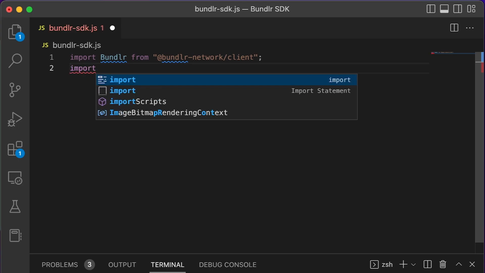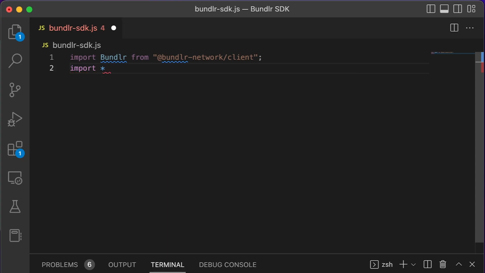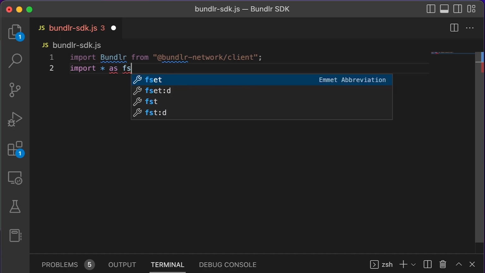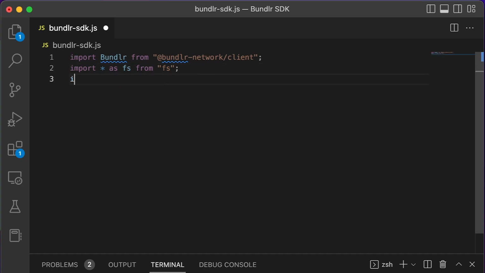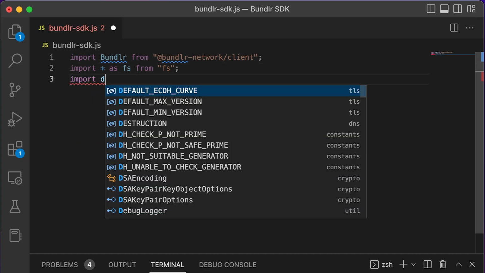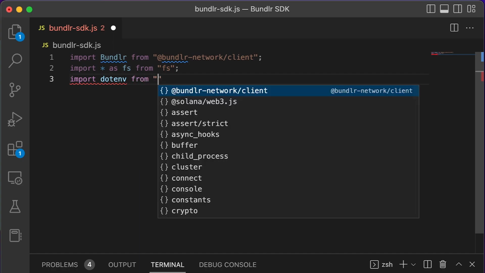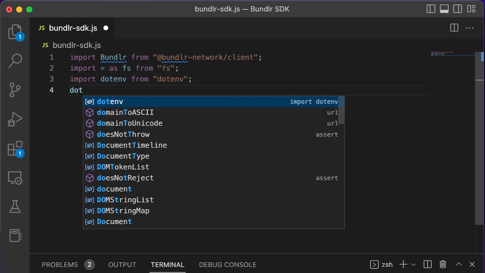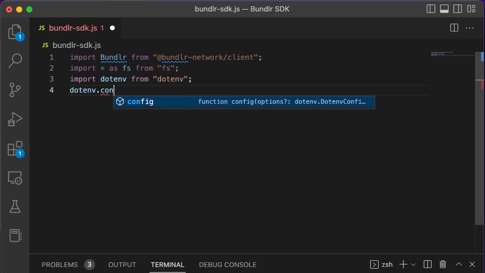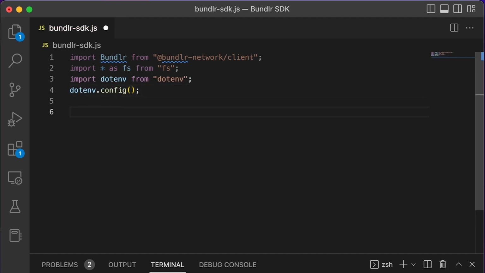And we're going to import fs. We use fs to get the size of files. And the reason we need to get the size of files is so we can get the exact upload cost. I'll talk about that in a second, but let's set up the import first. All right, beautiful, and also import dotenv from dotenv, cool. And with dotenv, you need to run this too, dotenv.config, right.